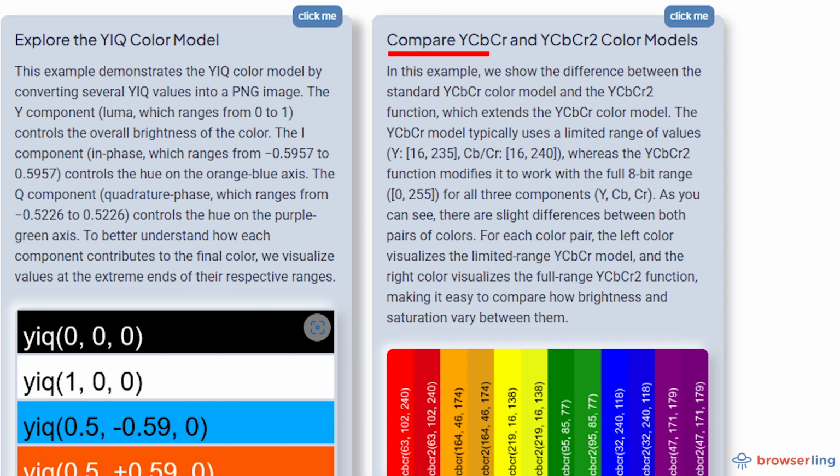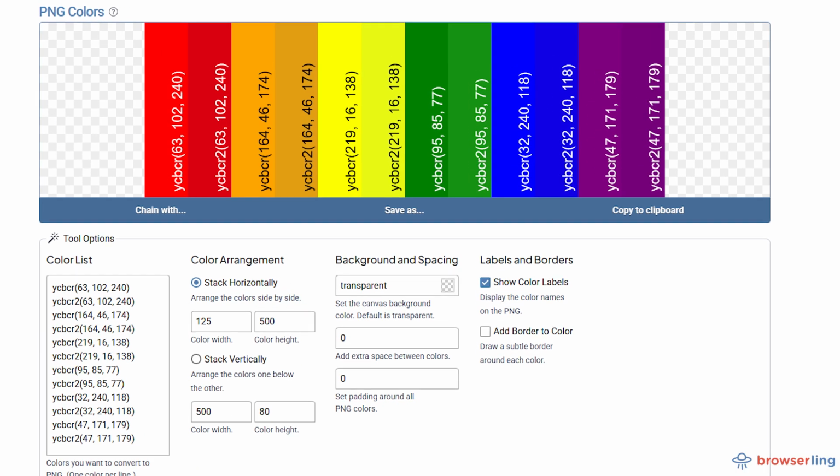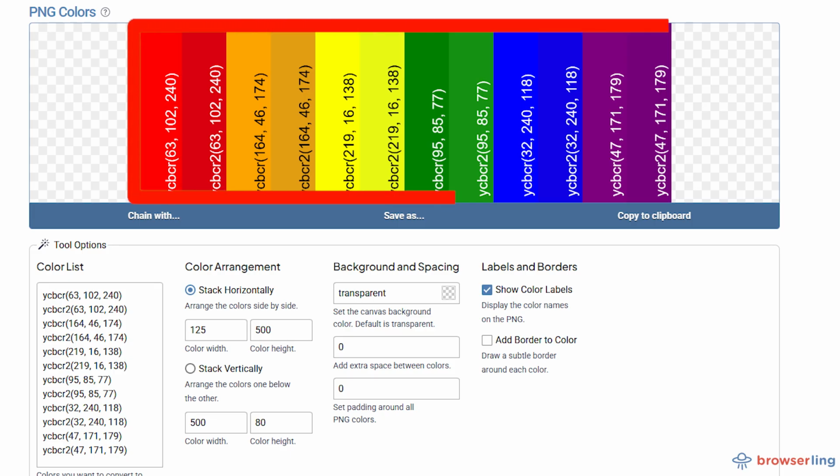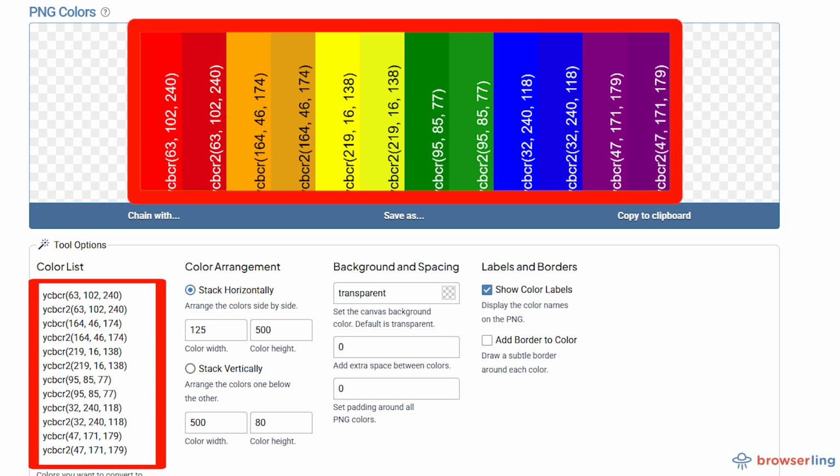Our final example compares the standard YCbCr color model with the YCbCr2 variant. The standard YCbCr uses a limited value range, while YCbCr2 extends it to the full 8-bit range. We create 6 color pairs, where the left block shows the limited range YCbCr, and the right block shows the